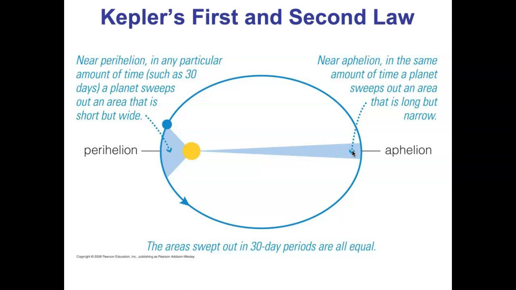Well, the semi-major axis has an interesting physical significance. Okay. When you talk about the distance from a planet to the sun, the distance is constantly changing, right? Sometimes the planet is closer to the sun. Sometimes the planet is farther from the sun. You know, perihelion is where it's closest. Aphelion is where it's farthest. But if you wanted to figure out, well, okay, the distance between the sun and the planet is constantly changing, but what's the average? What's the average distance between the planet and the sun?